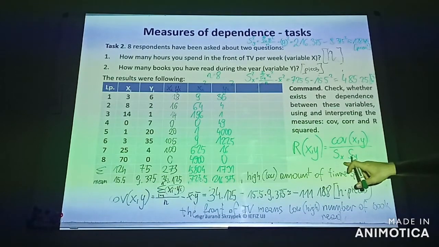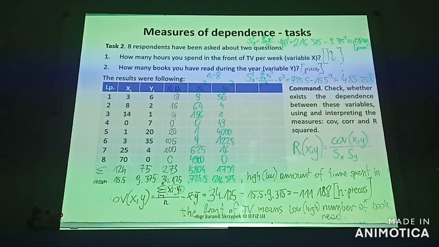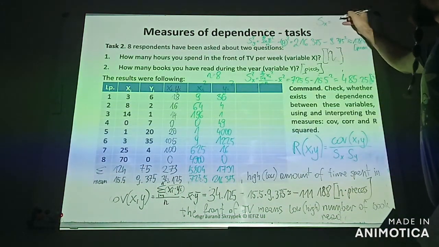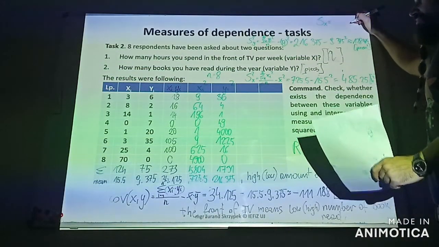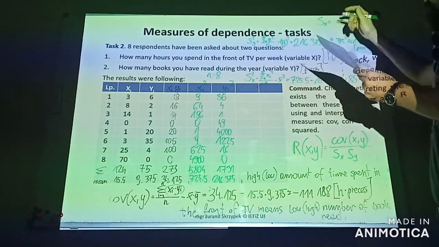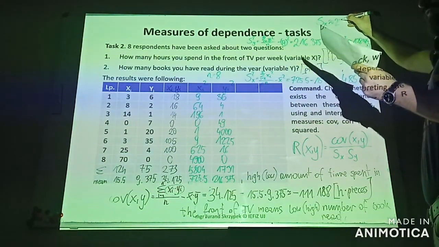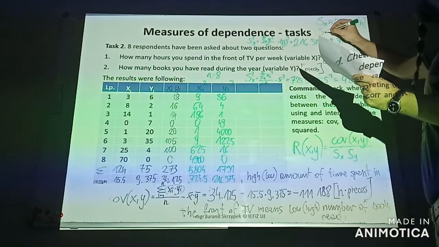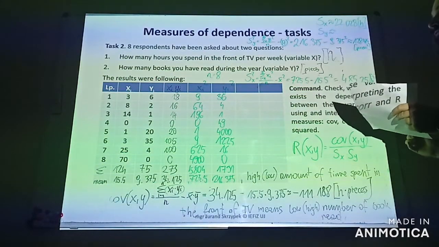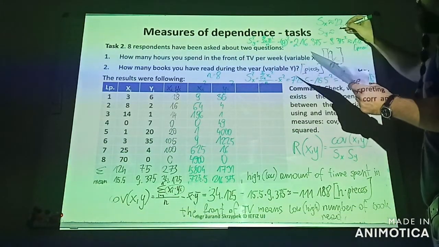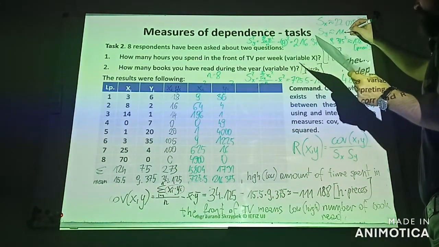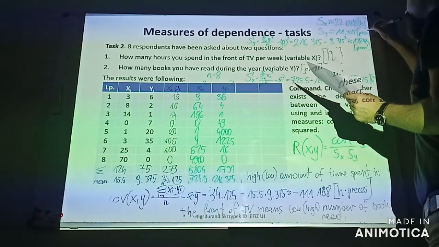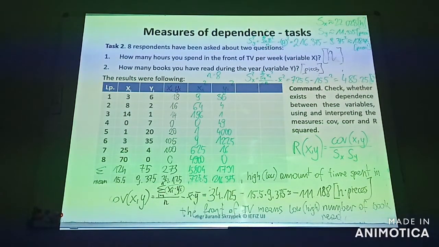In the formula I'm using standard deviations, so I need a root of both values. The standard deviation of time spent in front of TV is 22.028 hours, and the standard deviation of number of books read by the respondents is 19.335 pieces. Okay,